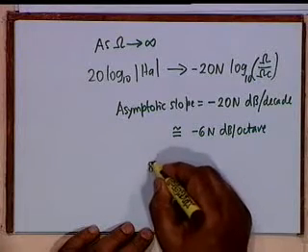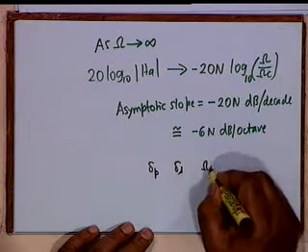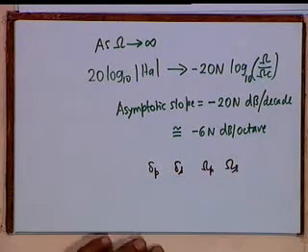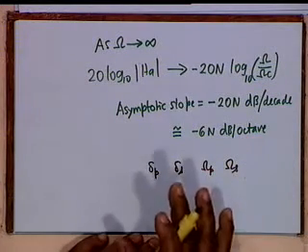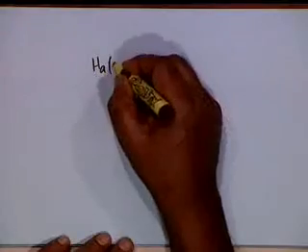But this is not the way to specify a Butterworth filter. As I said, specifications will always be in the form of delta P, delta S, omega P and omega S. This is how, in practice, a required filter is specified. So we shall come back to this, but before that let us see if we know capital HA of j omega squared